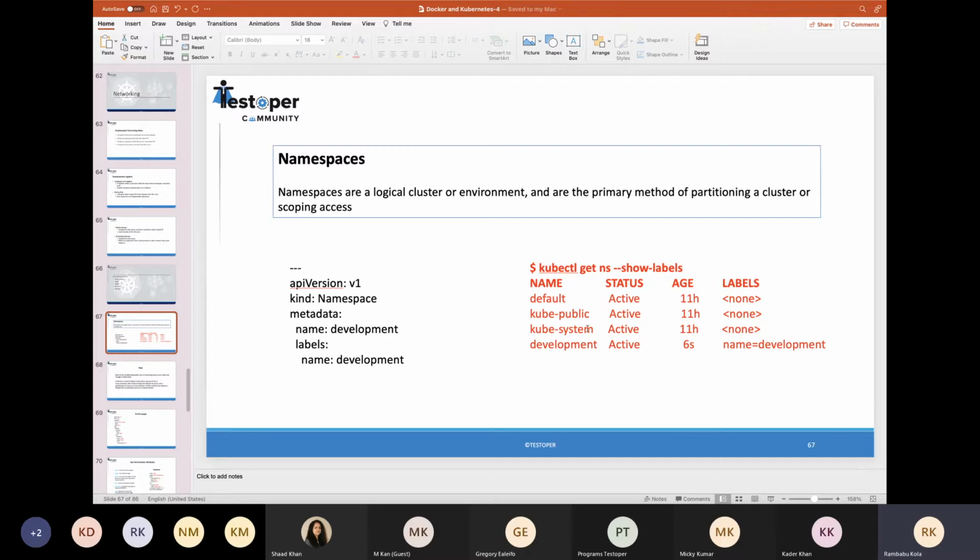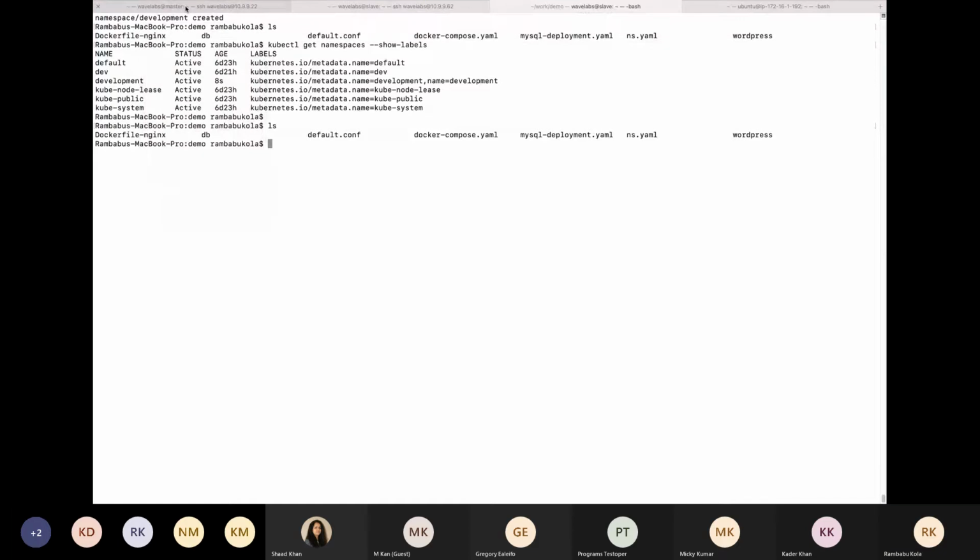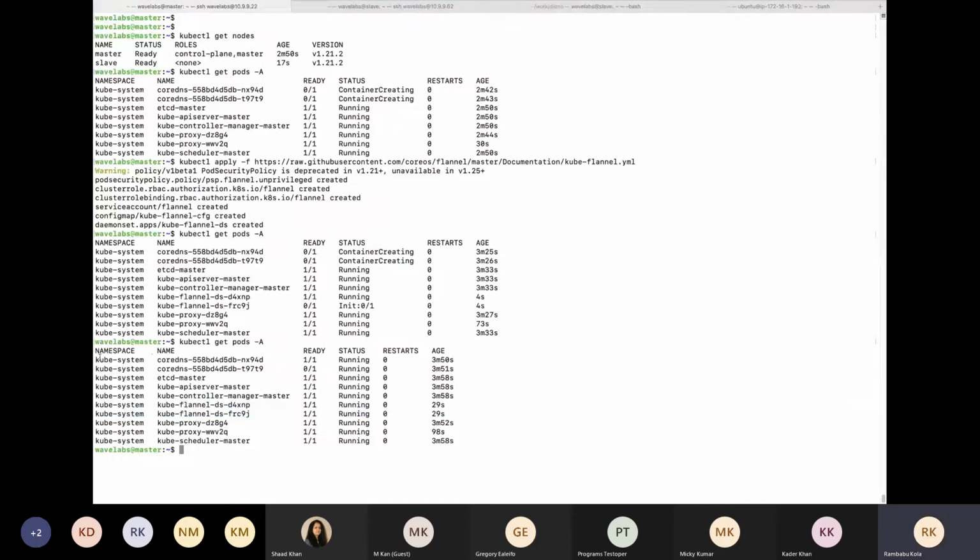Likewise, if you see here, all the kube-system components, everything related to the master that we have deployed, has its own namespace called kube-system.